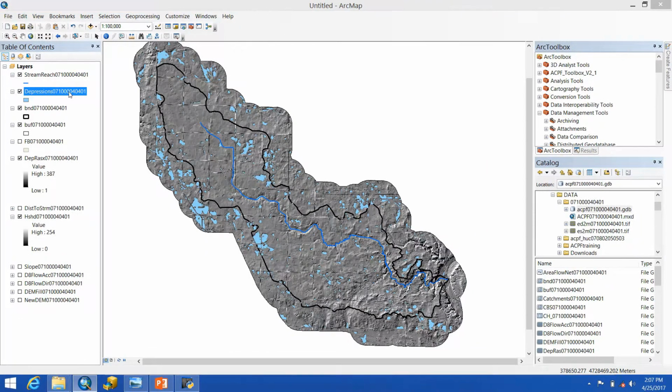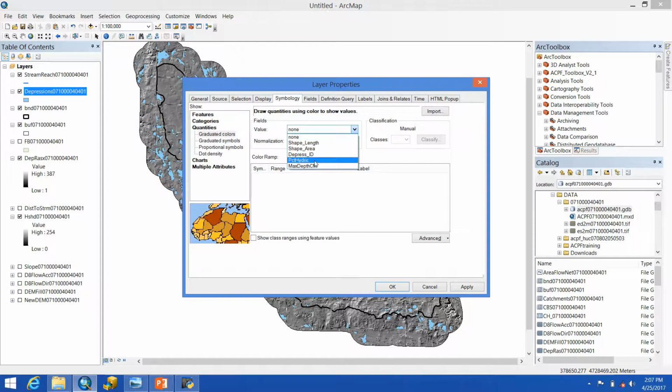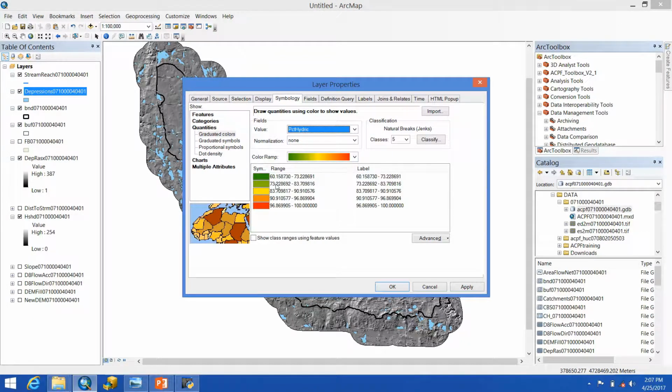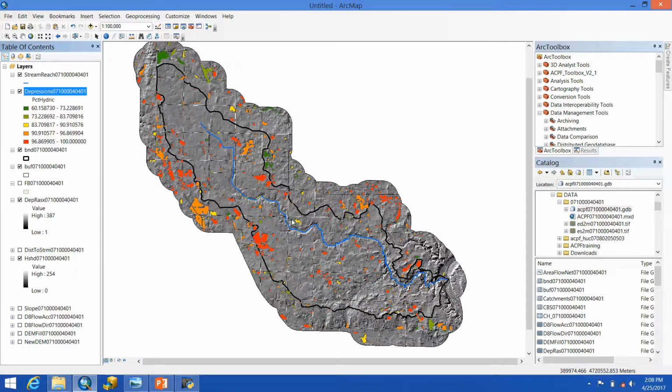We can choose to symbolize the depressions. We can go to symbology and quantities. Let's say we do the percent hydric first. This color ramp looks alright. Hit apply. Okay. And now we can get an idea of where our more hydric soils are concentrated and where our less hydric soils are. This can be helpful for understanding which depressions would be more susceptible to flooding and